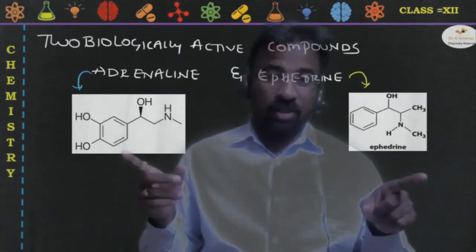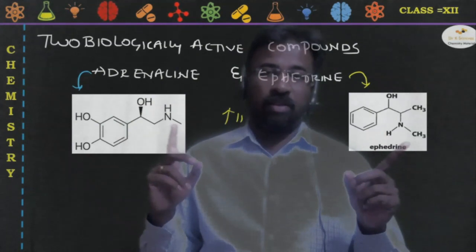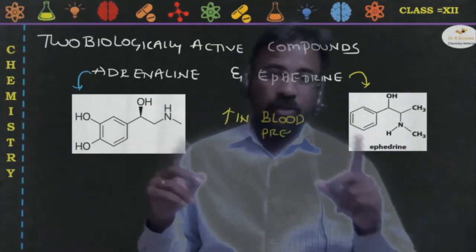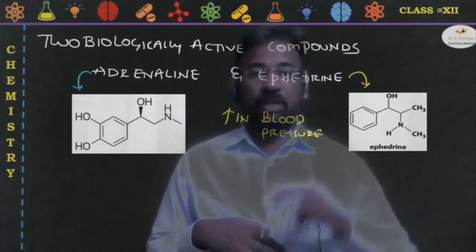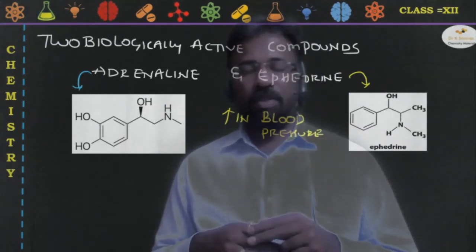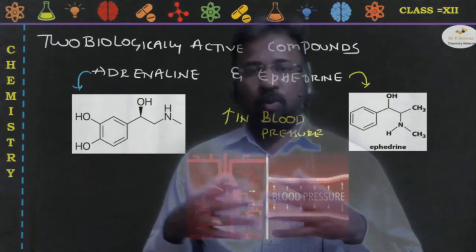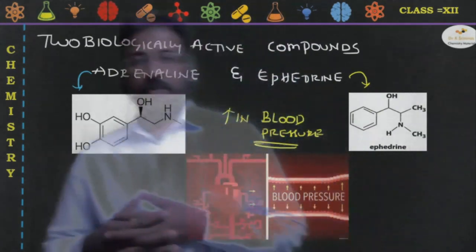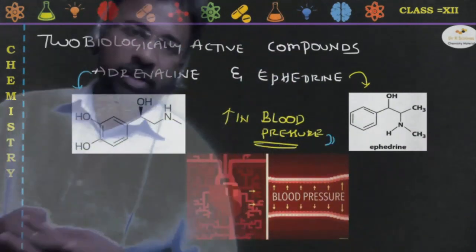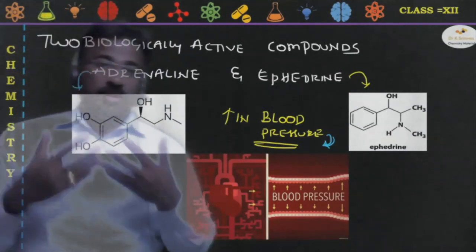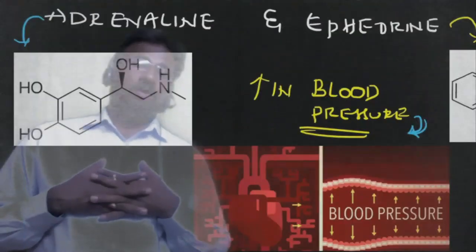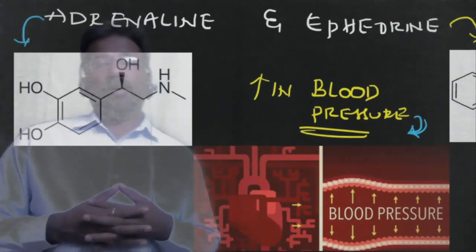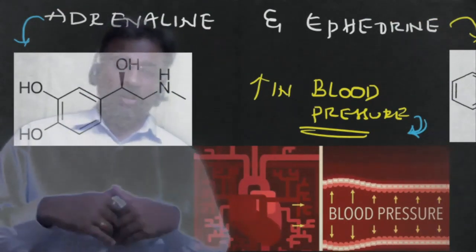So if you observe the structure of these compounds carefully, you can see nitrogen attached to two R groups. It means it is a secondary amine. Okay, it is a secondary amine. So what exactly is it doing? It is altering the blood pressure. It is increasing the blood pressure, and that is where we feel so much excited. It may be excitement or depression sometimes, fear also.